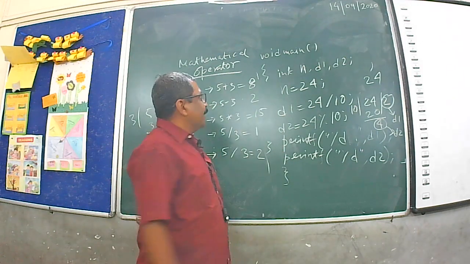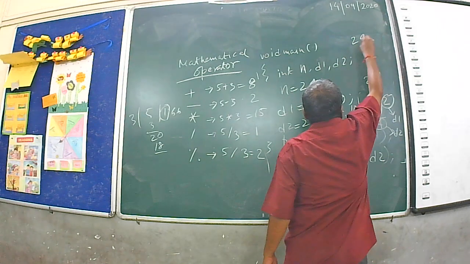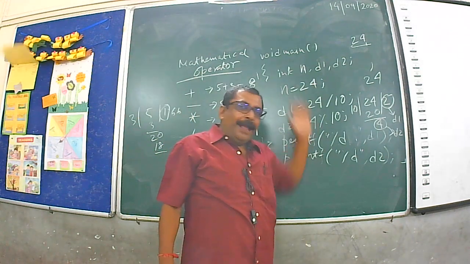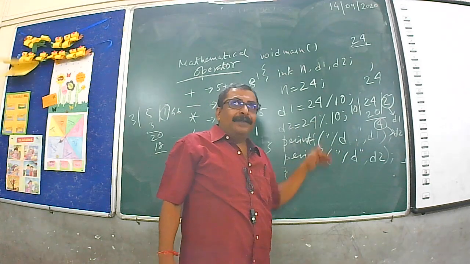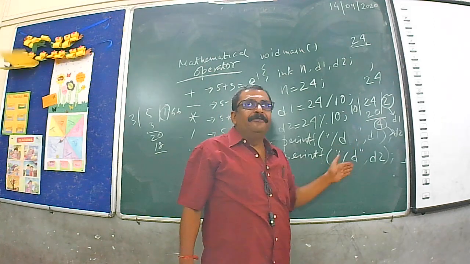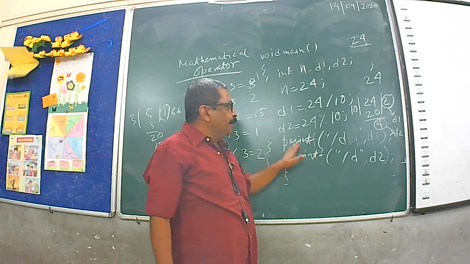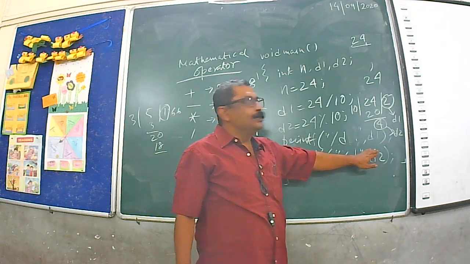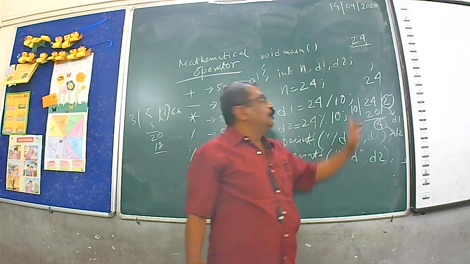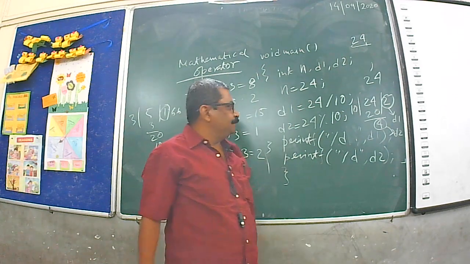How does the output look? The output looks like 24. We have stored them in different digits, but when we print the value, we have not yet printed in line feed format. We print one value after another. First it will print 2 because the D1 value is 2, and the second value to be printed, D2, is 4. So 2 and 4 will be printed simultaneously in a single line, horizontal format.